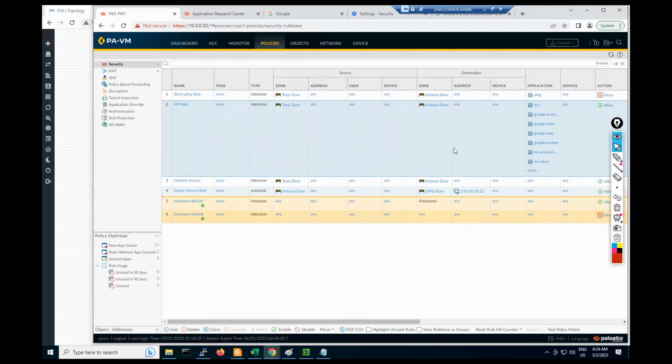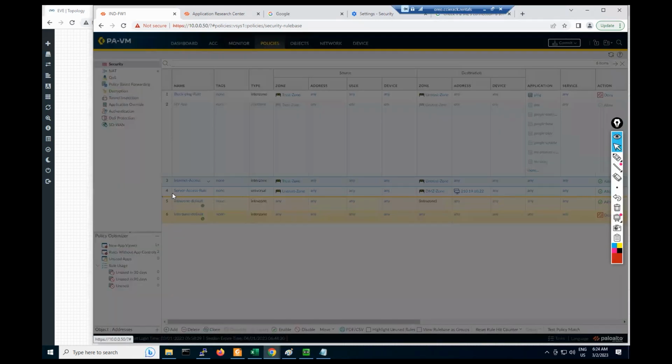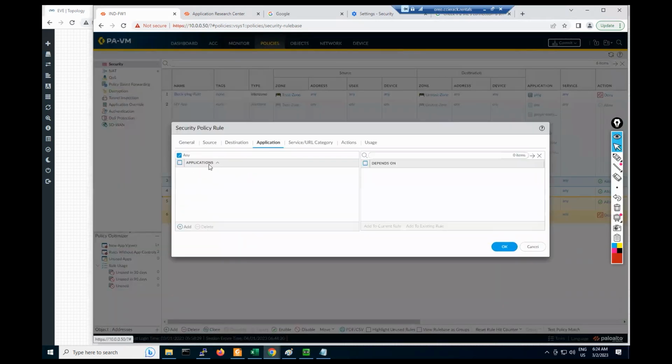So now suppose, guys, I don't want to use this rule. You have the option to disable this rule. If you disable any rule, that rule is shown in italic font. Did you see? Right. So now next thing, guys, here in the application, I am going to allow simply Google